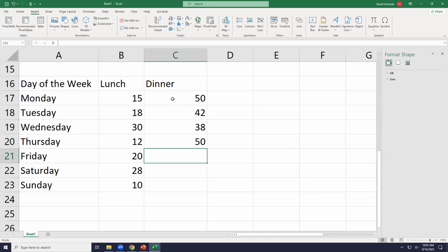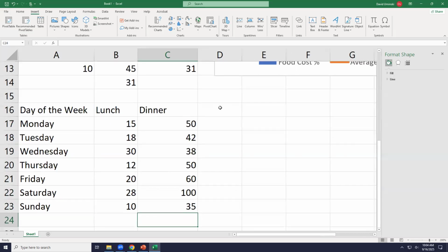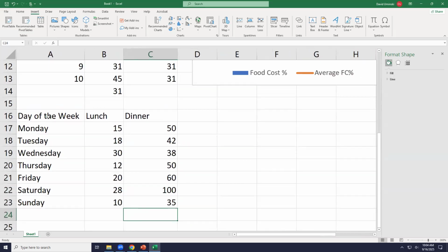Friday, 60. Okay. Saturday, Lorena says 100. Okay. And then Sunday, 35. Okay. So if we're looking at the average check per guest,